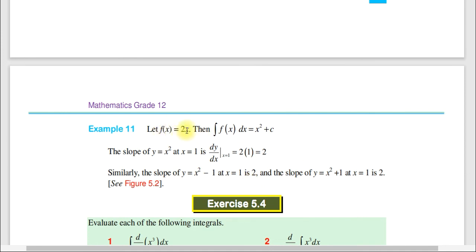ለምሳሌ let f of x equal to 2x ቢሰጠን then the integral of f of x dx ማለት x square plus c ማለት። ኦኬ 2x ኢንተግሬት ብናደርገው x square plus c ይሰጠናል። Then the slope of y is equal to x square at x equal to 1 ማለት d by dx at x equal to 1 ማለት፣ d by dx ማለት the derivation ወይም differentiation ማለት። So derivation እናደርገው x square 2x ይመጣልናል፣ at 1 ማለት እዚች ላይ 1ን ስንተካት ማለት ነው 2 ይመጣል ማለት። ስለዚህ ስሎፑ 2 ነው ማለት። Similarly the slope of y is equal to x square minus 1 at x equal to 1 is 2፣ ለምን ይሄን derivation እናደርገው 2x ስለሆነ ማለት ነው።